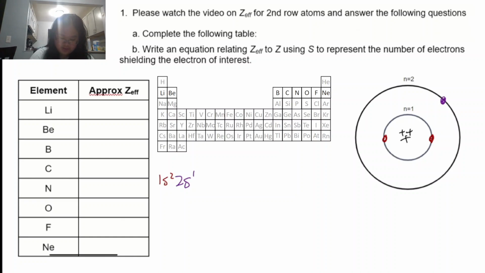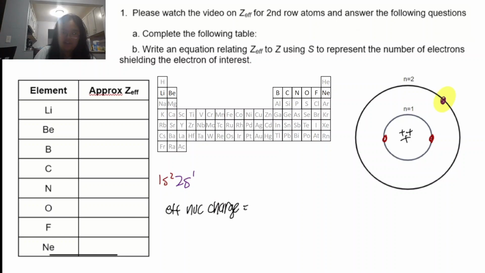Once we've filled out the Bohr diagram, the next thing to do is locate the external charge, which is just the outermost electron, which in this case would be this electron. Once you've located the external charge, then you can calculate Z effective. So if you remember, Z effective stands for the effective nuclear charge,